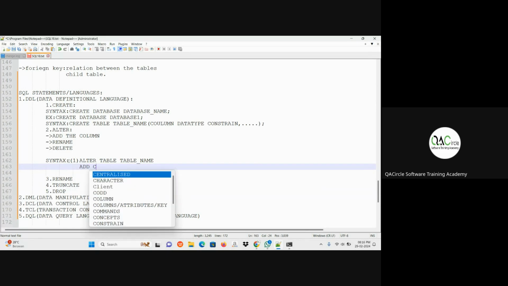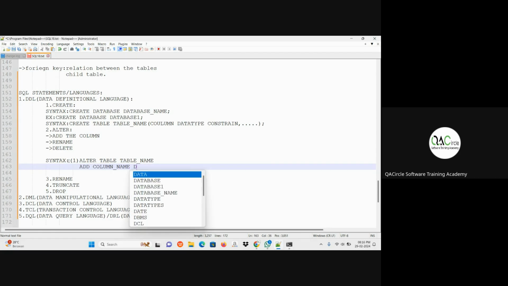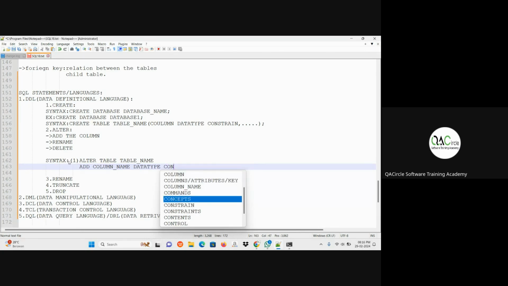Then what are you adding? Column, right? So you need to mention the column name directly, then the data type and constraint. You must give the data type. The constraint is not mandatory; if it is necessary, then you should give the constraint, but the data type is compulsory. Got it?